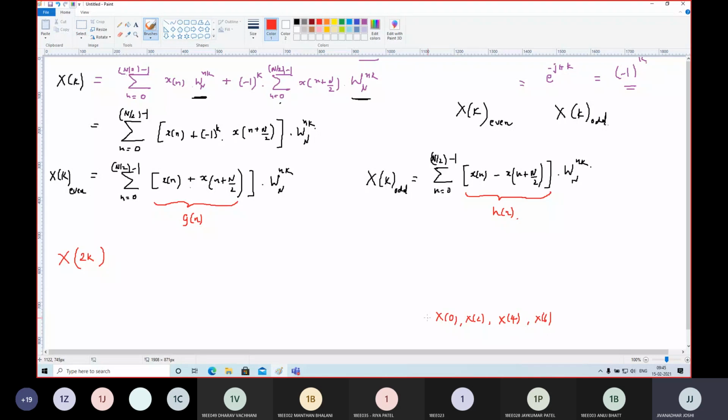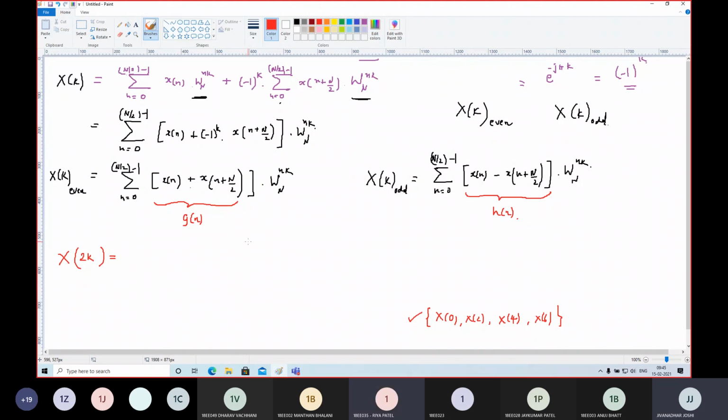I have already told you the reason, but please reply for the same, that why we want to collect capital X of 0, capital X of 2, capital X of 4 and capital X of 6 together. કેમ આપણે કેપિટલ લીધા, કેમ આપણે સ્મોલ x of n કેમ અહીંયા જુદા ના પડ્યા? What is the reason? હું ઓલરેડી કહી ચૂકેલો છું, બોલો.